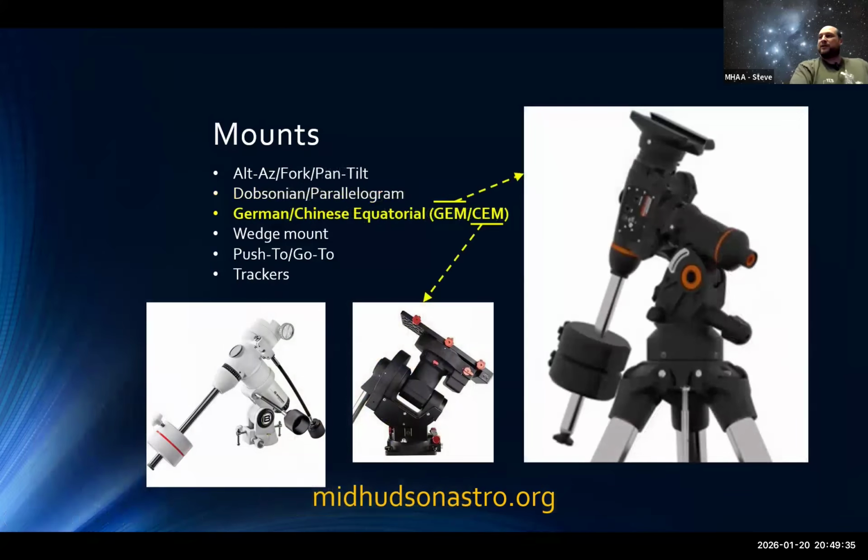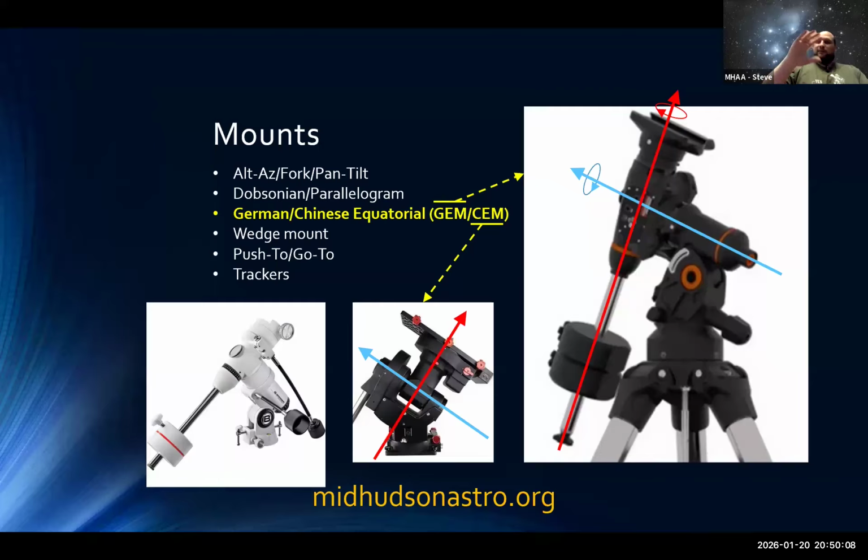So now you've got German or Chinese equatorial mounts. You'll see them called GEM or SEM. They're the exact same concept in terms of how they work. You point them at the North Pole, and the mount will rotate against the Earth at the same speed as the Earth, so that whatever you're pointing at, you're also going to rotate with it at the exact same speed. So that allows you to keep a target in your field of view essentially indefinitely, as long as you want, depending on how perfectly you polar aligned and how perfectly your clock timer is for that motion in